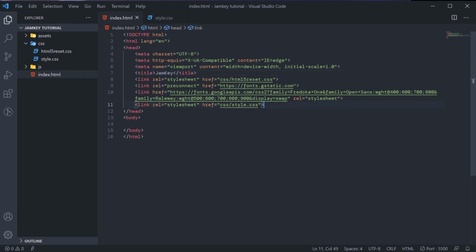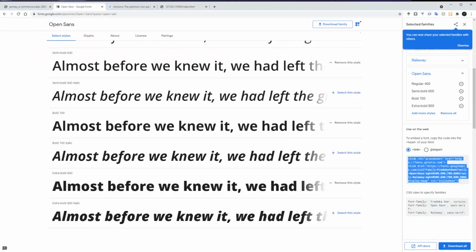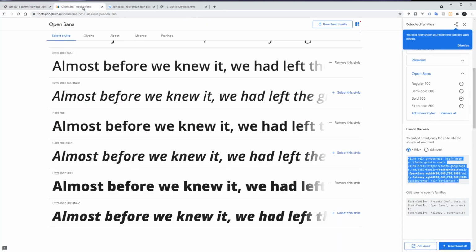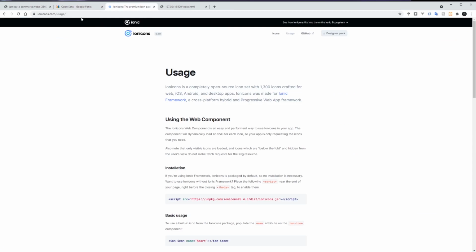So anyhow, for this one, we need to use icons, because all these things here are icons. So we'll use Ionicons. Again, I'll leave the link to it in the description of this video.